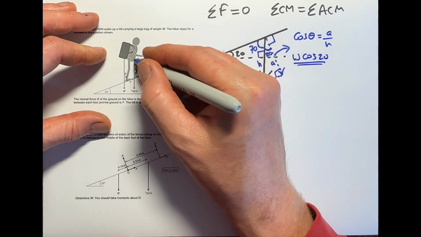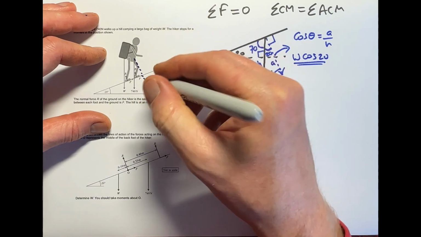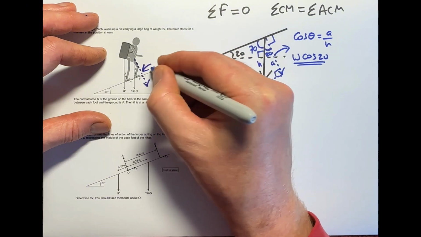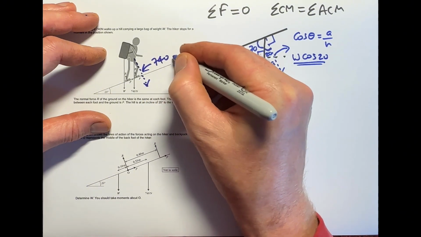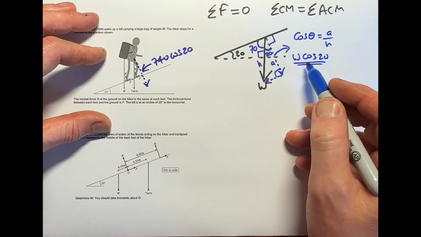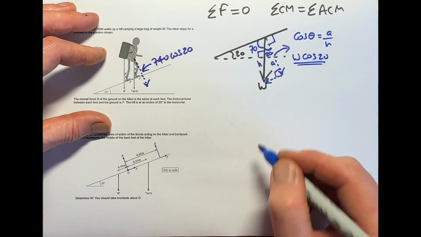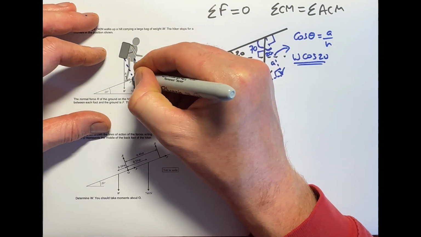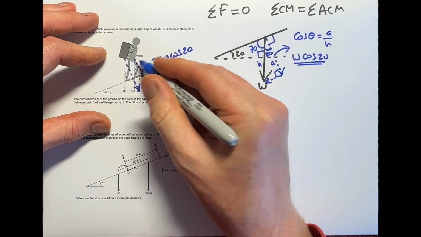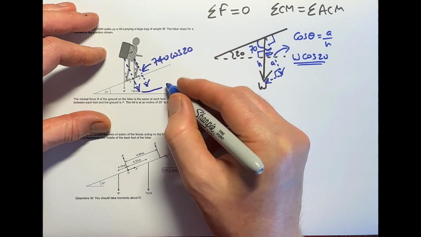Now, if you think about also the component of the person's weight perpendicular to the slope, this component here of the person's weight is just going to be 740 cos 20, for exactly the same reasoning as we went through here. So that means we've now got two forces perpendicular to the slope acting sort of down to the right, which is 740 cos 20, and this here is